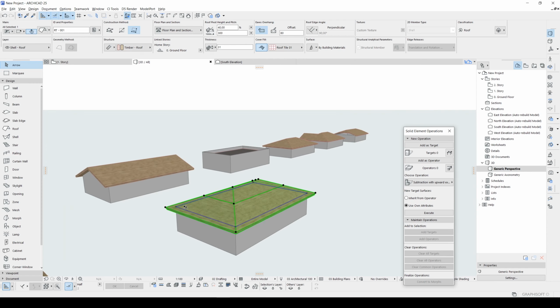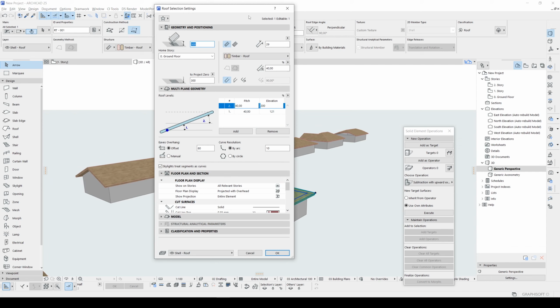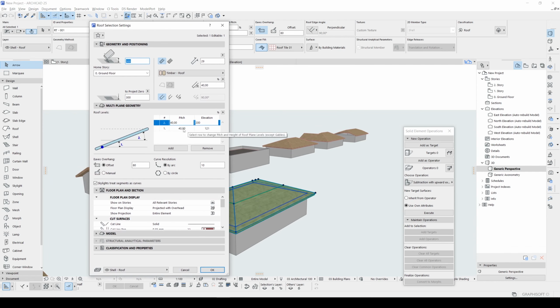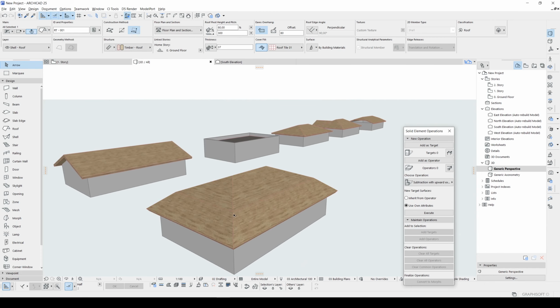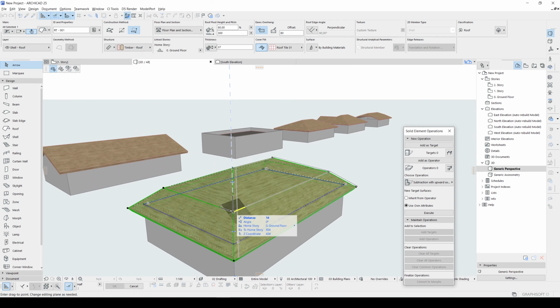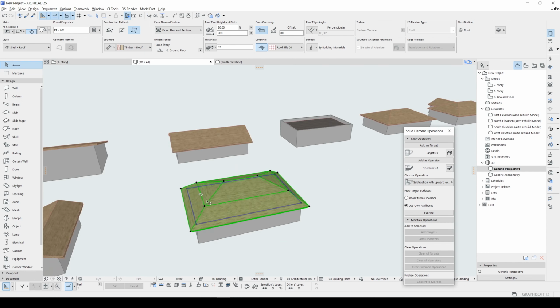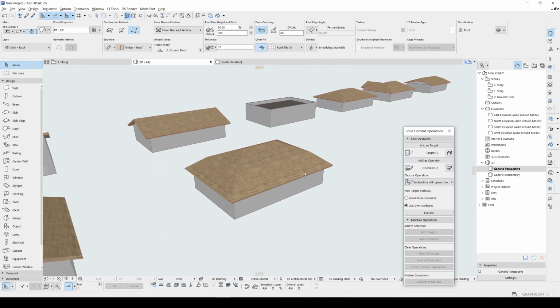Maybe you can increase the degree of the first one. And you can change the elevation of the second. And you will get the result, the mansard roof.